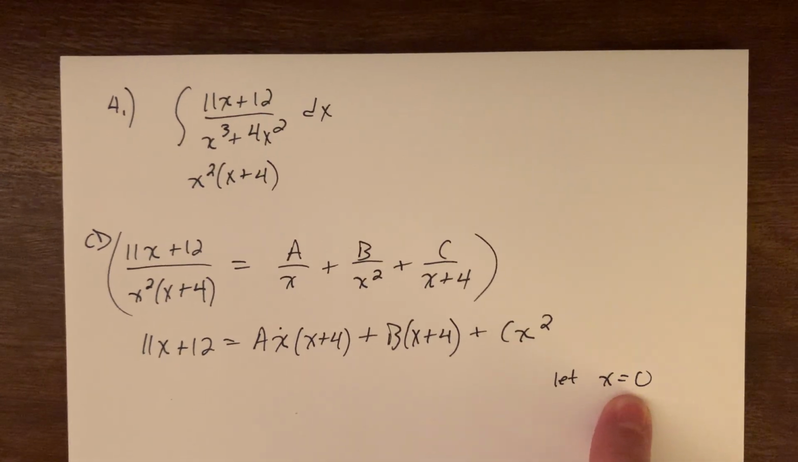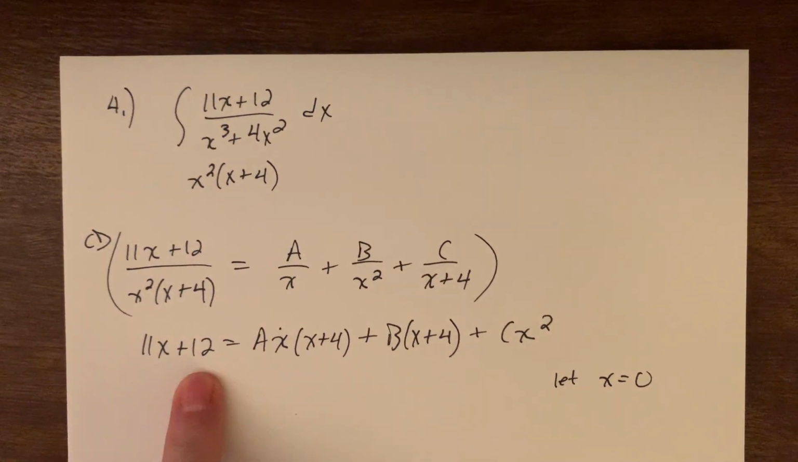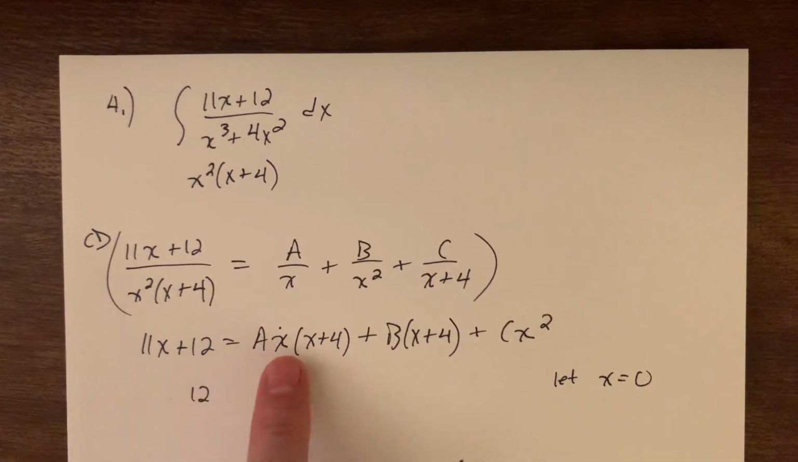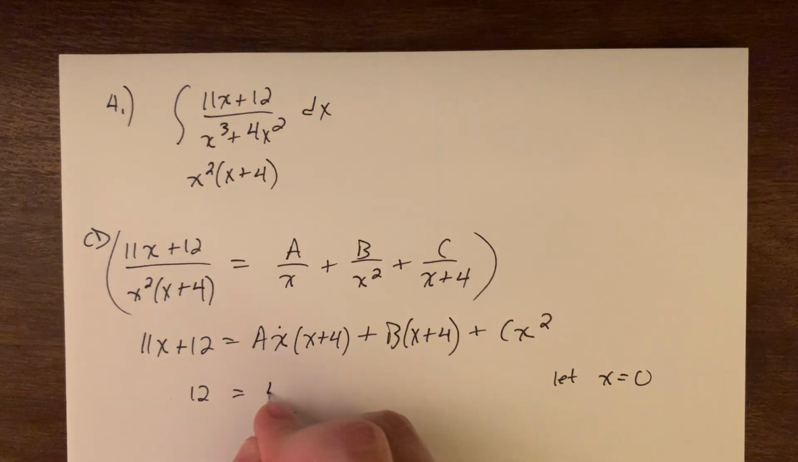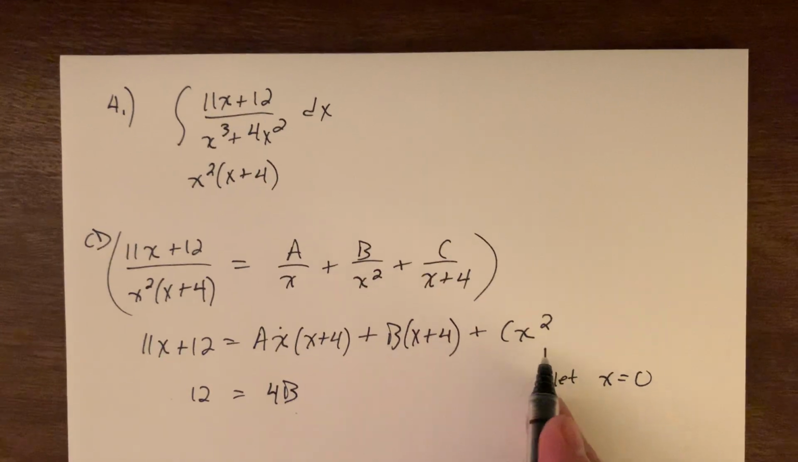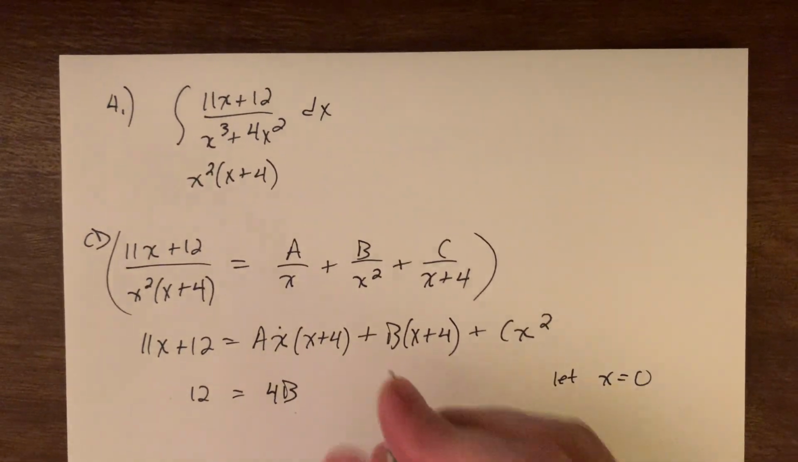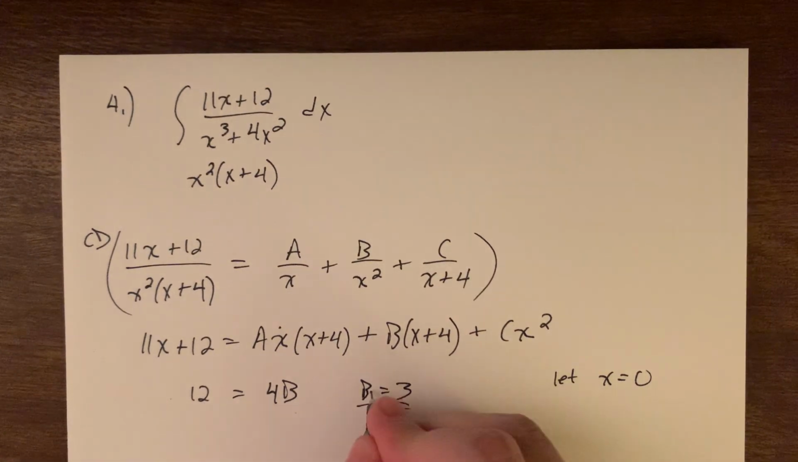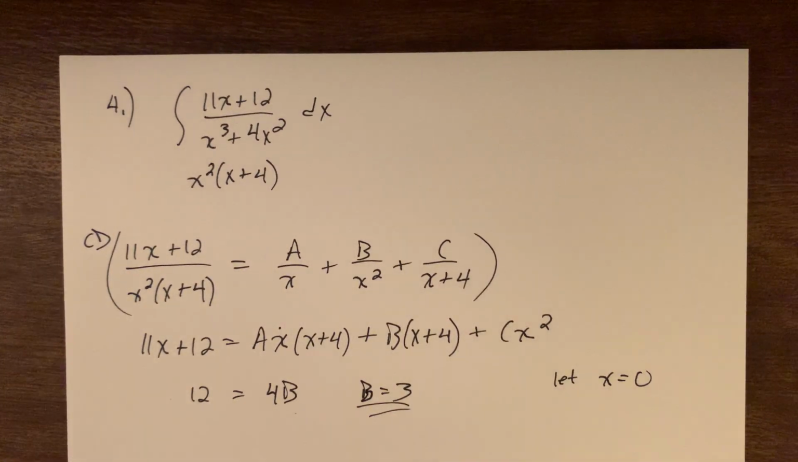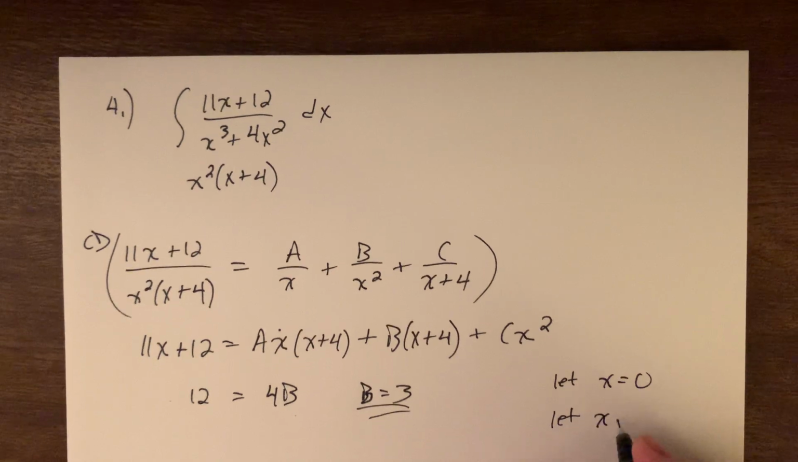When I let x be 0, I get 12 on this side, 0 plus 12. A times 0 times 4, well, that's 0. B times 0 plus 4, well, that's 4b. C times 0 squared, that's 0. Well, that's nice. That allowed me to find b very easily. And then if we let x equal negative 4,